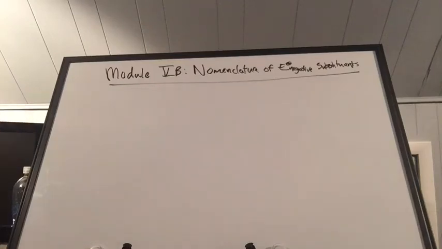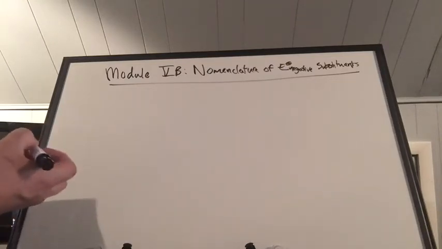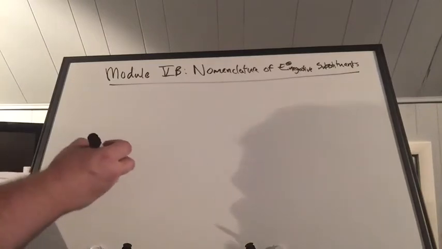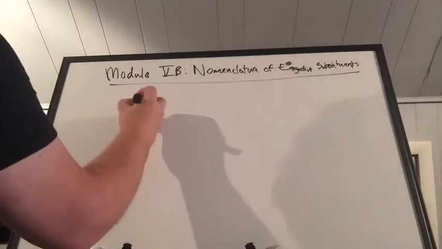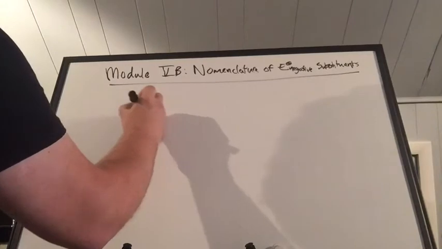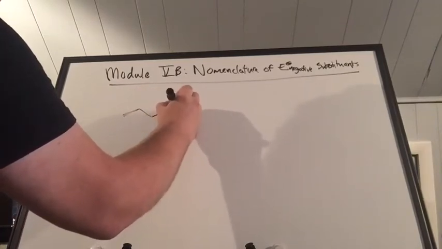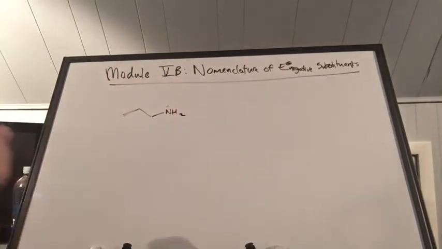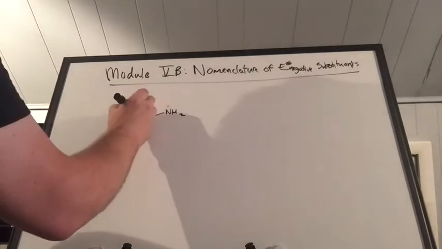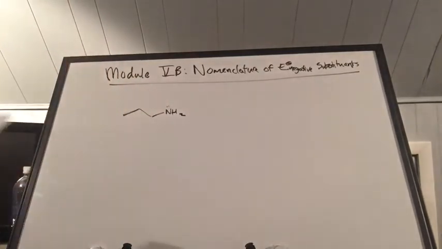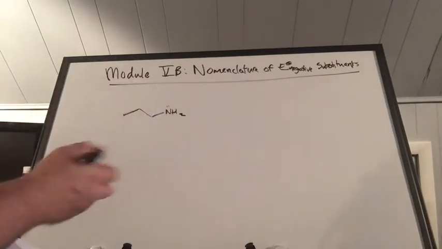Today I'm going to speak to you about the nomenclature of electronegative substituents. So we'll first start off with alcohols and amines. If you have some linear structure, and you have an amine group hanging off of there, whether it be branched or right off the terminal end, you're going to have to label it as,